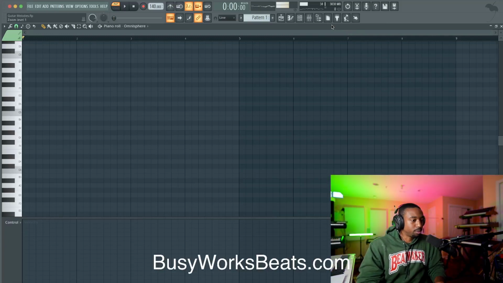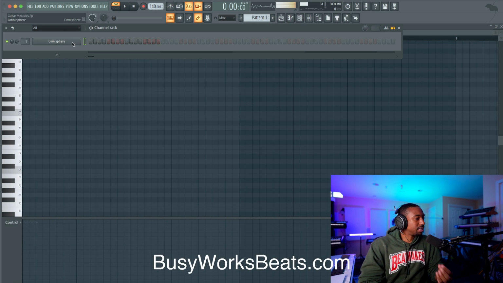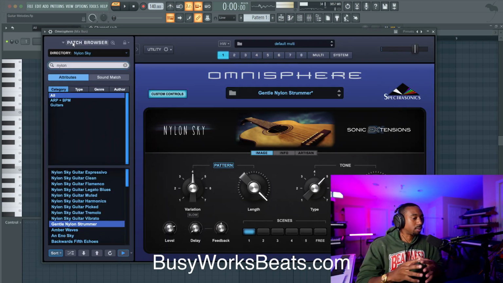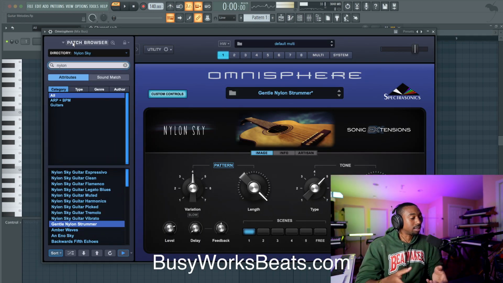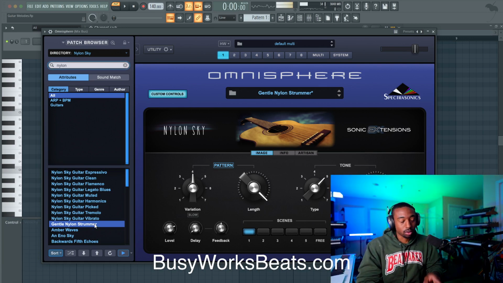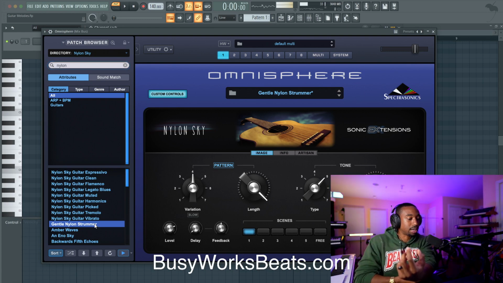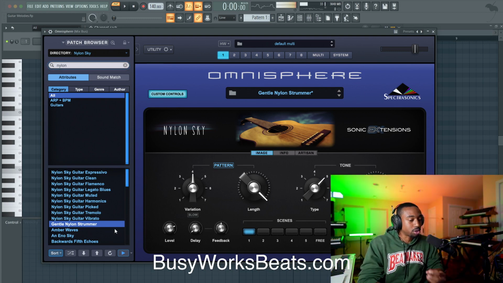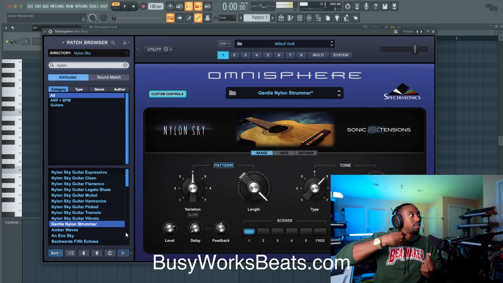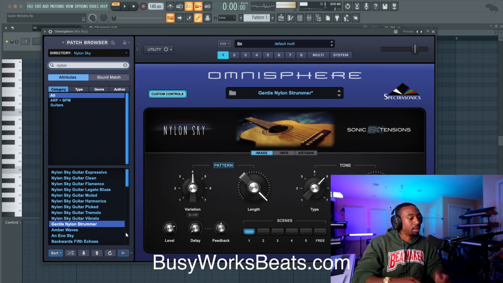All right. So if you're a beginner at music theory, to make better guitar melodies, you have to have the right articulation. Don't worry about the right plug-in and the right sound. Worry about the right articulation, or the way to express a note. For example, if I don't load up the Strummer instrument in Omnisphere's Nylon Sky, you won't get the same sound. The Strummer is built to mimic the way somebody's strumming up and down the strings.